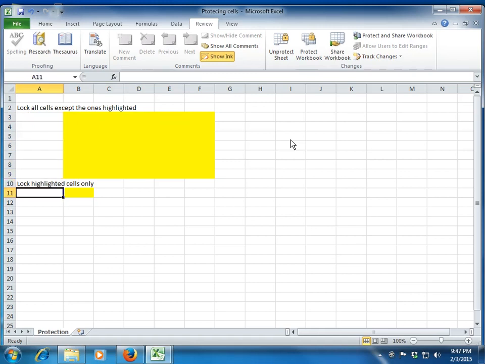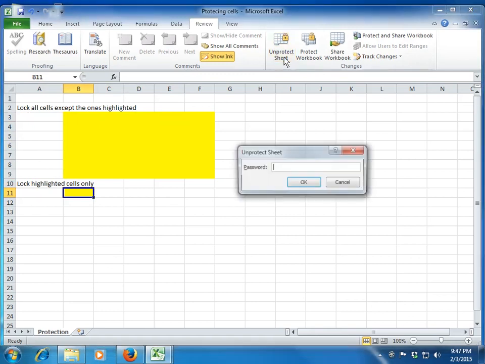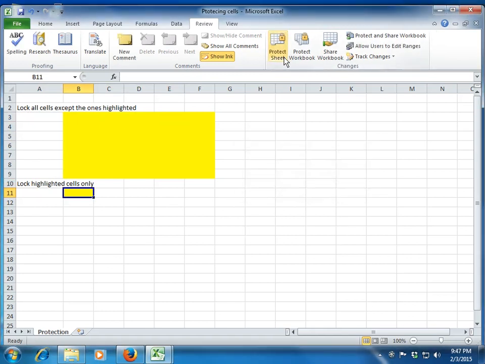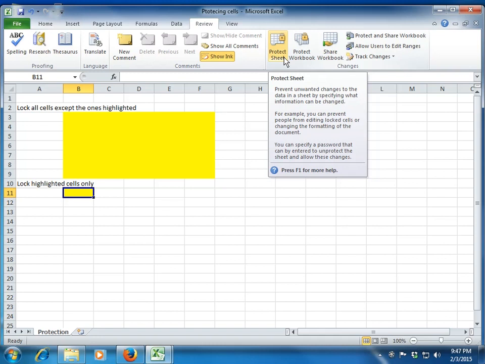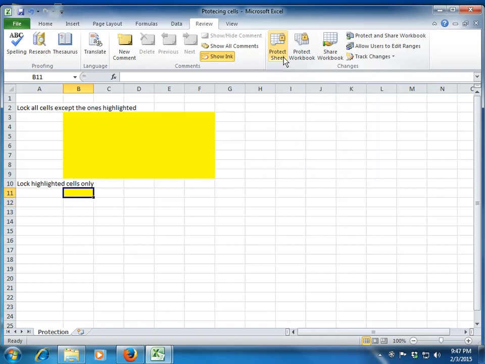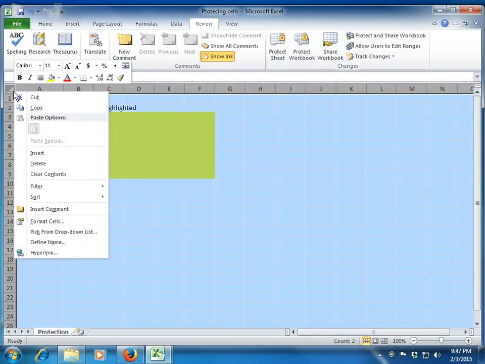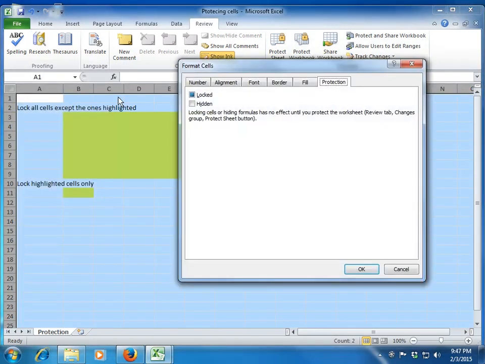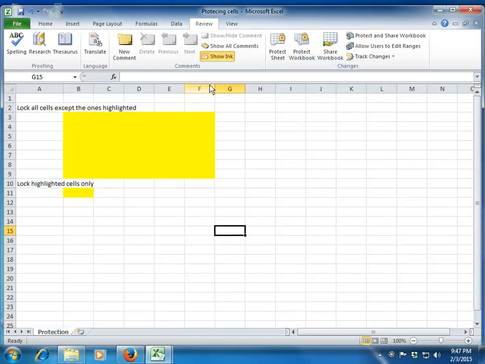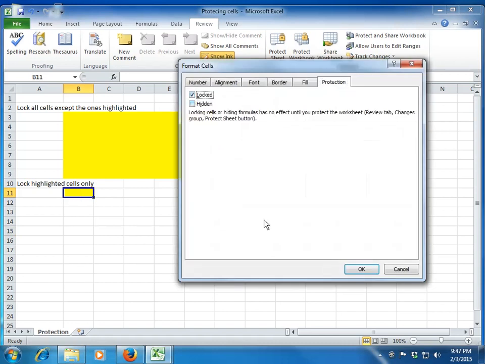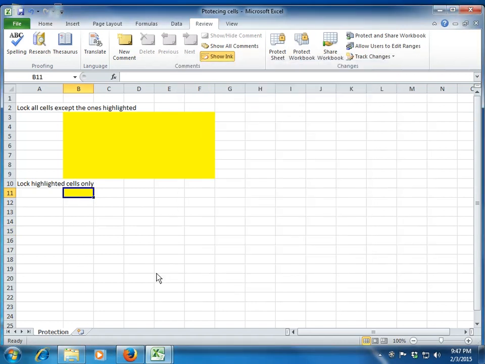Similarly, you can allow users to work on this entire sheet. First, let me unprotect this sheet. Okay, except for the cells which you have locked. So this time I want to lock only the highlighted cell. What I will do is, first I will select the entire sheet, go to Format Cells, that is Control 1, and click on unlock. So now all the cells are unlocked. Anyone can work on any of the cells even if you protect the sheet because the cells are not locked. But I only want to lock this cell. So I will lock this particular cell where I don't want the user to make any changes.